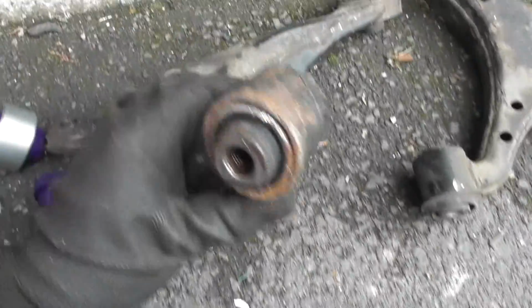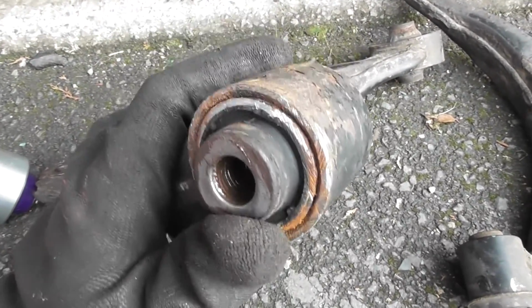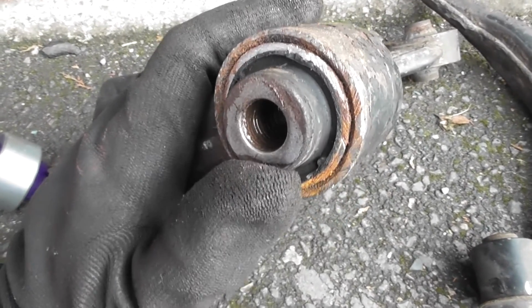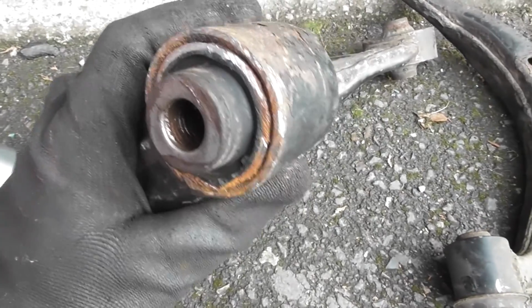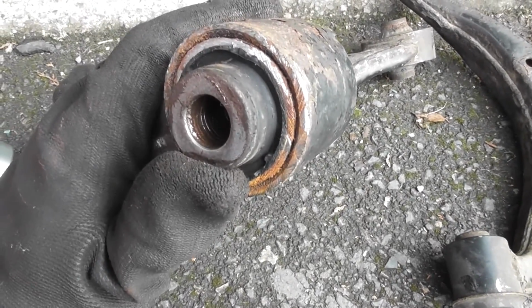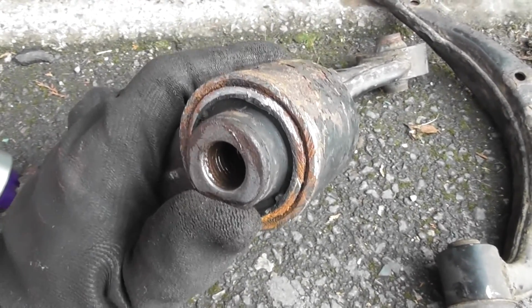Well, with this, due to the nature of it, you can't really just press this out the middle because, particularly with my press, it doesn't actually have the stroke or the range to push this through or get part way through. And then when I let go of the press, it just comes back to where it was before. So the other option is to use your friend,